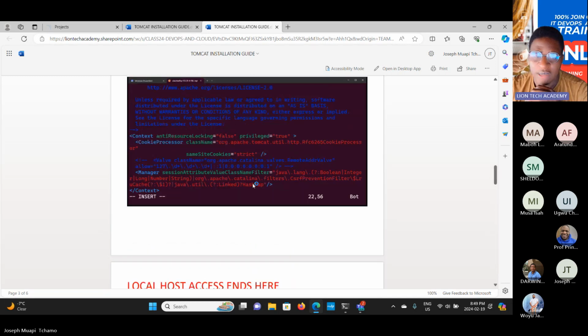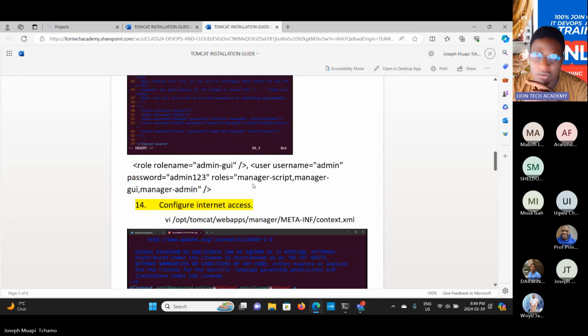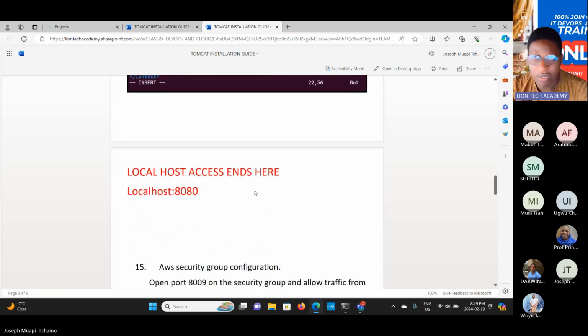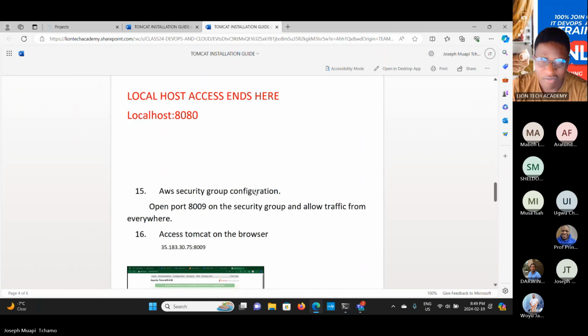So Joe, let me tell you, hold on. For localhost, you end at 14. In fact, just go down a bit. If you scroll down a bit, see that you end where? Everything is localhost. You run localhost, colon. Again, David, you see where you made a mistake over there? Localhost colon 8080. If you take away that colon, you're on your own.